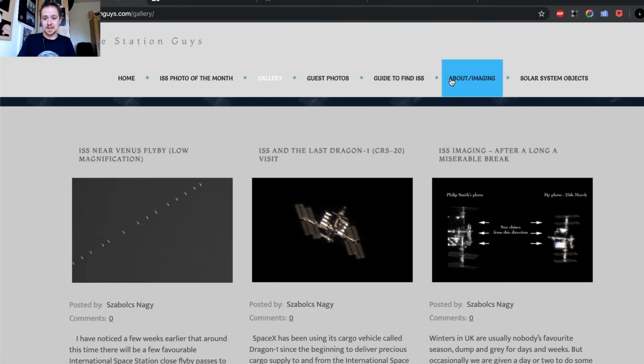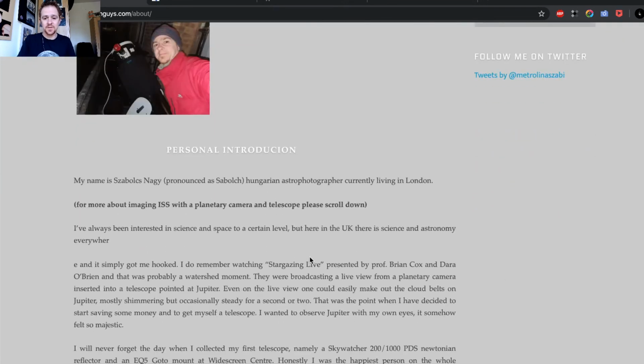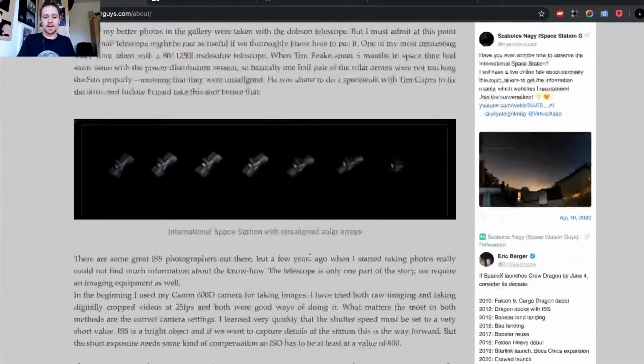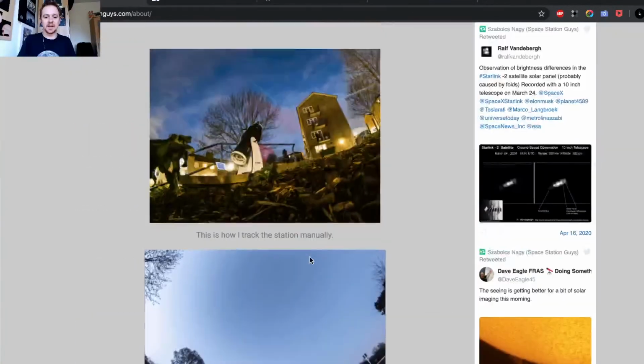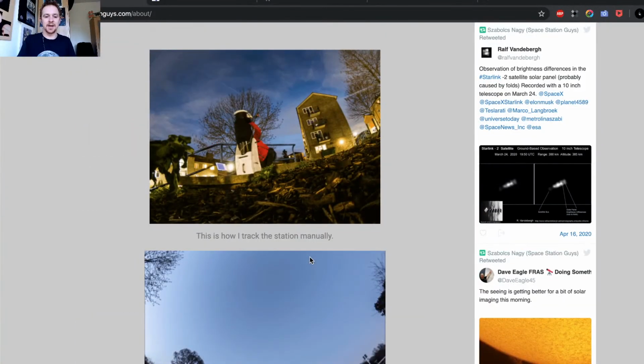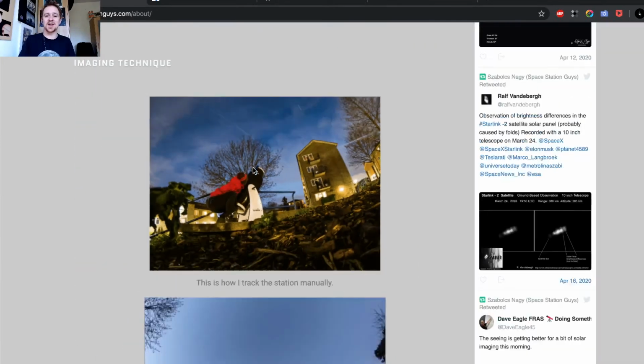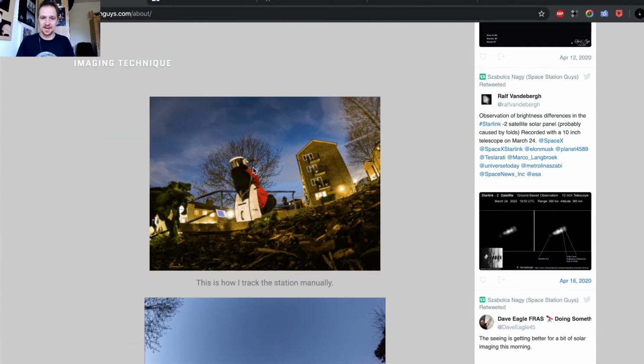Guide to find ISS, and about imaging. I write a little bit about myself, and then I explain exactly how I do the International Space Station imaging. It's pretty cool once you get used to how the forecasts work.